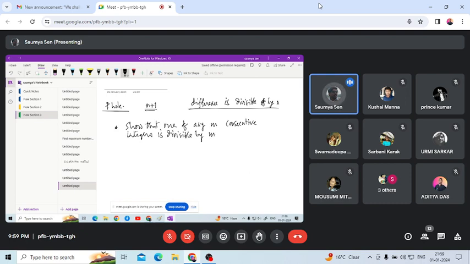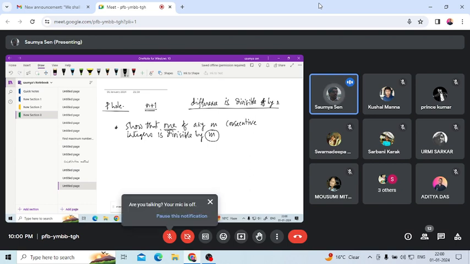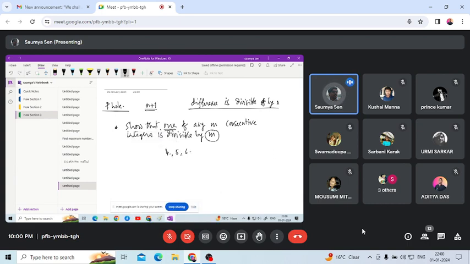m খানা যদি কনজিকিউটিভ ইন্টিজার নাও, তার মধ্যে একটা তুমি পাবেই যেটা m দিয়ে ডিভিজিবল। তুমি যদি তিনখানা পরপর নাম্বার নাও, 4, 5, 6, তার মধ্যে একটা পাবেই যেটা 3 দিয়ে ডিভিজিবল। চারটে যদি কনজিকিউটিভ নাম্বার নাও, 8, 9, 10, 11, তার মধ্যে একটা নাম্বার পাবেই যেটা 4 দিয়ে ডিভিজিবল। এটা প্রুফ করতে হবে।